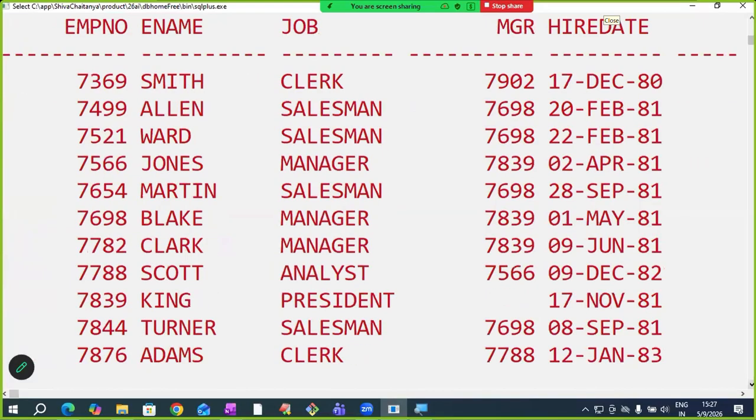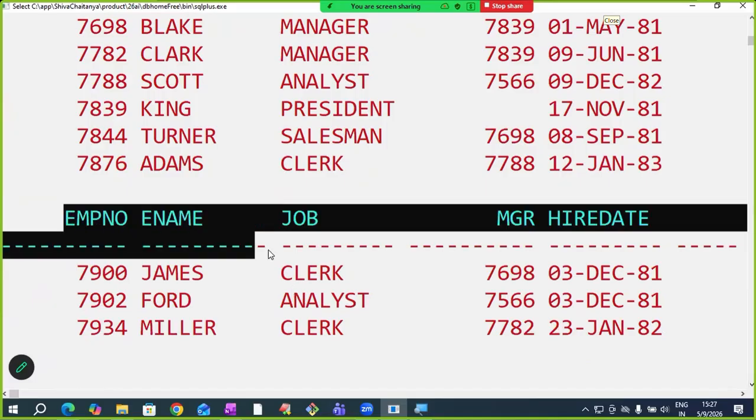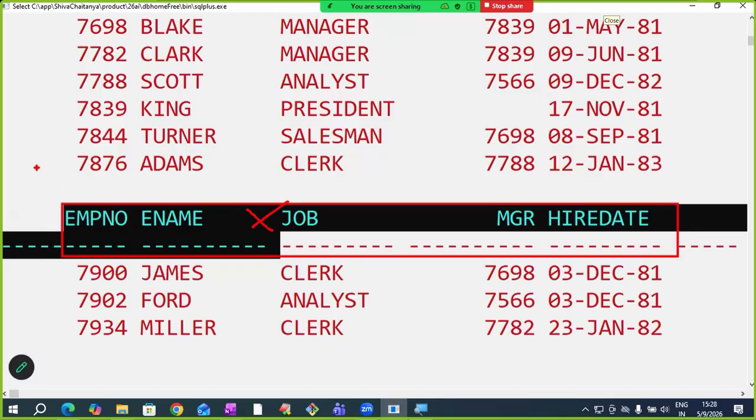Next, notice here, after 14 lines, again I'm getting column headings. Observe, till here the Oracle page is over. 14 lines are over, that is why I'm getting column headings again. If every time it is displaying column headings like this, readability will come down. So I don't want to get these column headings. Now page size is 14. If you don't want to get these column headings, increase the page size. I want to increase page size up to 300. Why am I increasing page size? Because I don't want to get column headings again here. After 14 lines, page size is over and again I'm getting column headings.